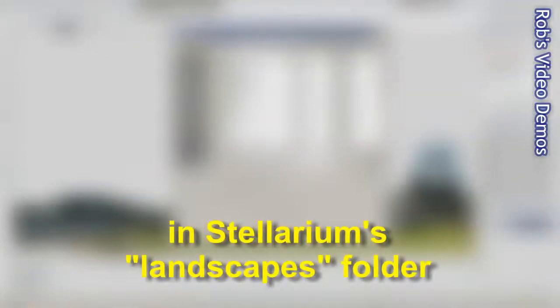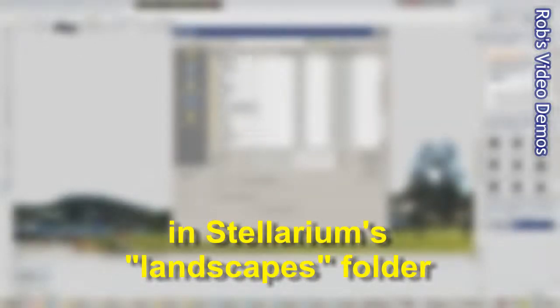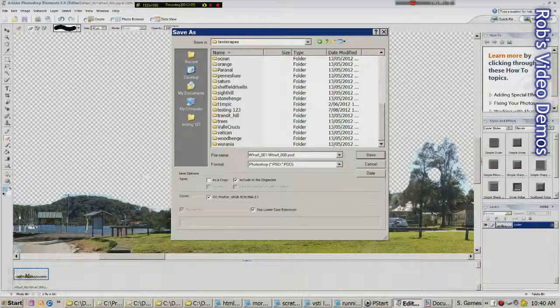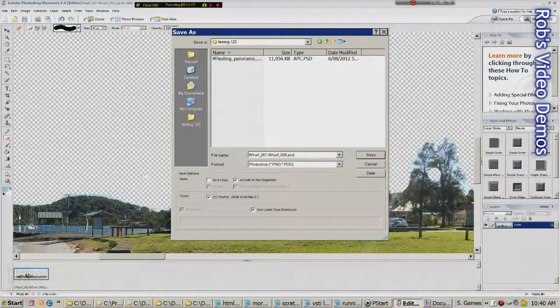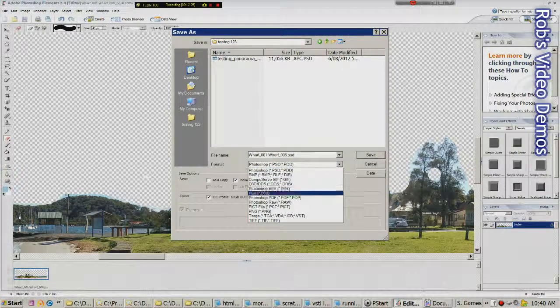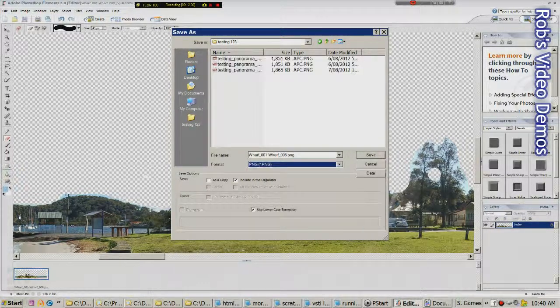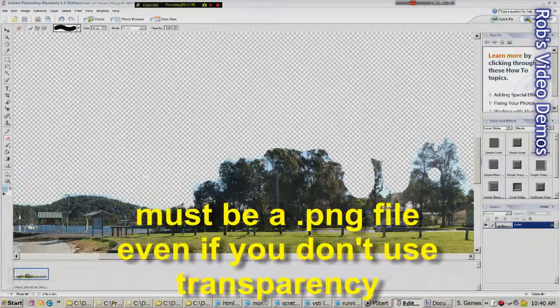Stellarium, ST, Landscapes. It's the folder you want, and I've created one called Testing 123, and what I'm going to do is go into that and save that one as a PNG file. Yep, there we are, because that allows transparency,